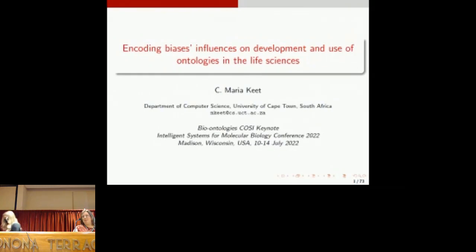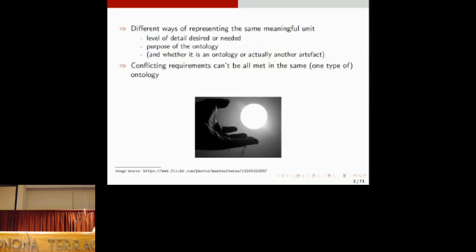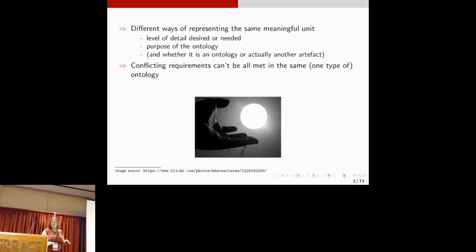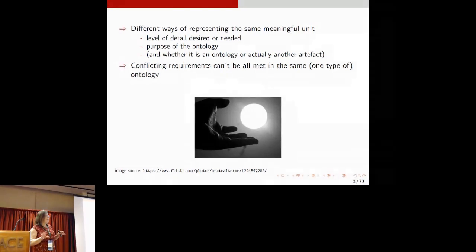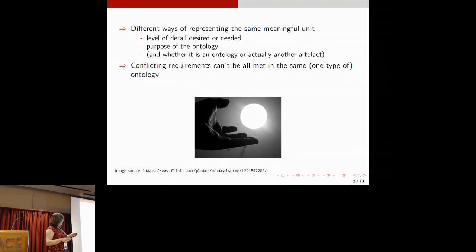Very much. I'll be talking about those encoding biases, influences on development and use of ontologies in the life sciences. The short end of it is that there are different ways of representing something in your ontology. We call it here, for ease of reference, a meaningful unit, for various reasons that we will see. And at the end of it, the conflicting requirements actually can't all be met in the same